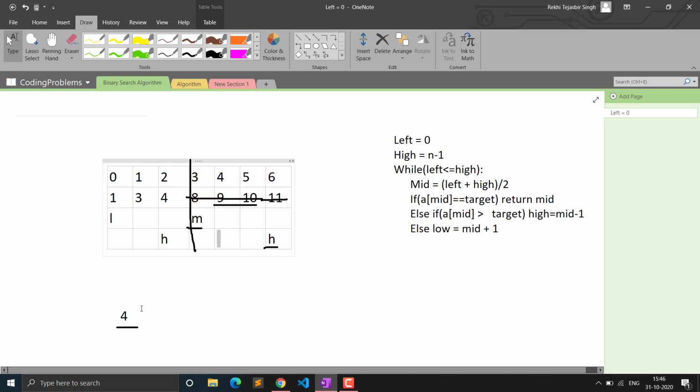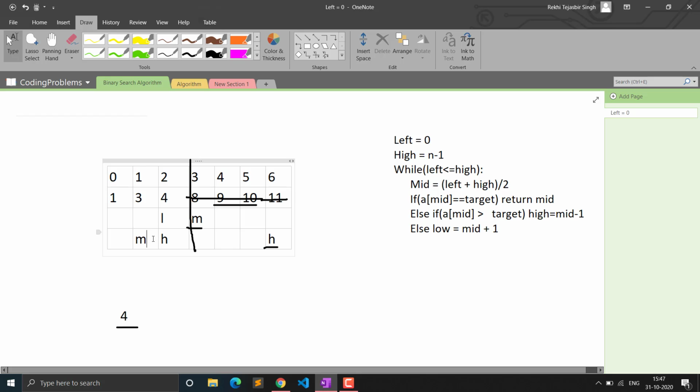In this example also you can see it will be simple. So we are searching for 4, so here 0 plus 2 will be 2, divided by 2 will be 1, so our mid will be coming here. Now if you compare this 3 with the element that we are searching for, it is less than 4, so we will simply set left to mid plus 1, left will come here. And you can see here the condition is also left is less than or equal to high, that means this is 2, so left is equal to high.